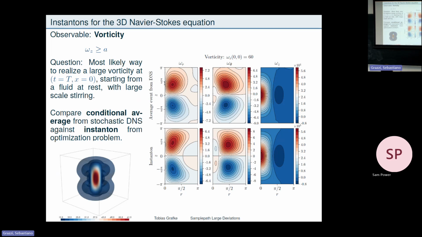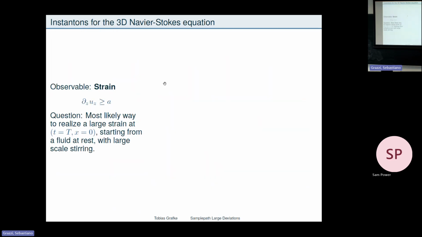So I just simulate 10,000 Navier-Stokes equations, and whenever I observe a strong vortex, I look at how it looks, and I average. And this is the average strong vortex. Well, this is the prediction given by the instanton. So this is basically saying this is how a strong vortex should look, and indeed they do. And you can ask the same. I mentioned this is an even larger problem because this is now 3D space and time, so a 10 to the 9 degrees of freedom optimization problem if you naively do it, which you can't, right?